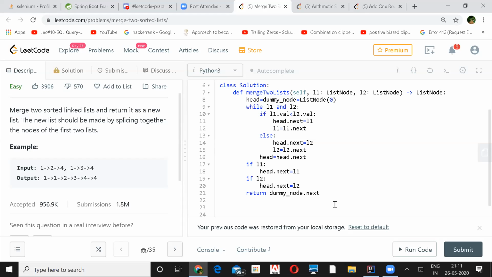Absolutely, I agree. But if you really want to avoid all these things, you should be very clear that you are going to have a very optimized one. Then you don't even have that least node, then dummy node, right? So sometime it might come, why you are adding one more node? Someone might say in an interview, because you just want to actually make your problem statement more challenging.